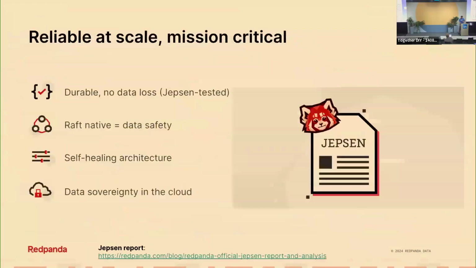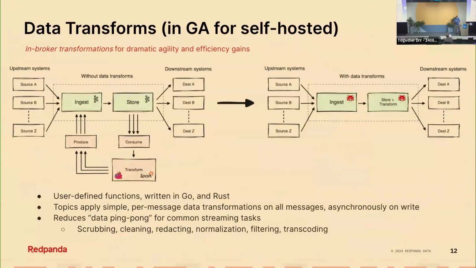Yeah. So if any one of these transforms, which run within the broker itself, fail, how will you report that back to the user, or will that affect the messages being pushed into the broker? Yeah, there is logging. It's easier right now to run self-hosted, right? If you were going to use our enterprise product,